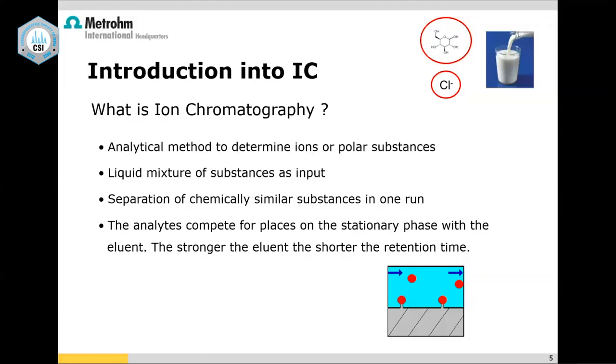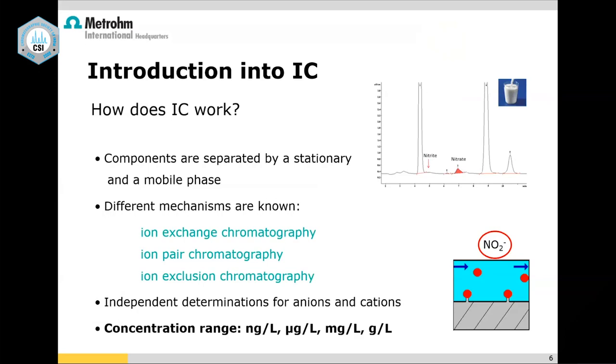The analytes, as you know, compete for their places in the stationary phase, which is otherwise called the column, and the eluent, or I should say the mobile phase. So the stronger the concentration of the eluent, the shorter the retention time. This is usual. And if you see the interaction, it is purely positive attracting negative and negative attracting positive. So if I have to analyze a cation, that is a positively charged ion, I need the opposite charge in my column so that it is retained and released based on the chromatographic conditions.